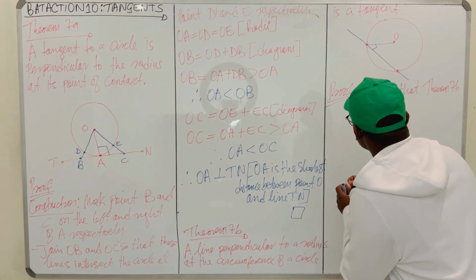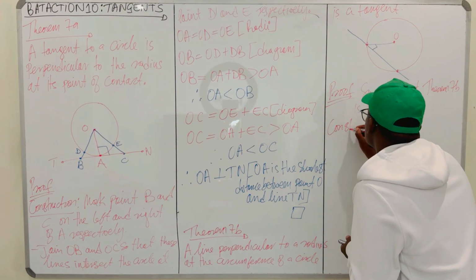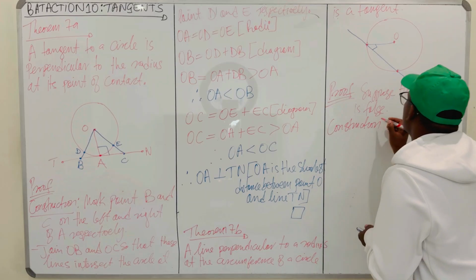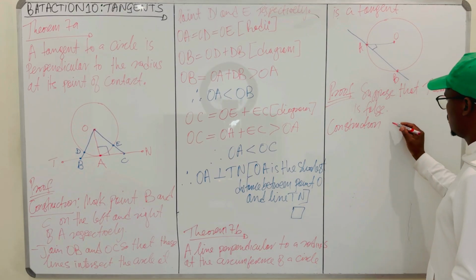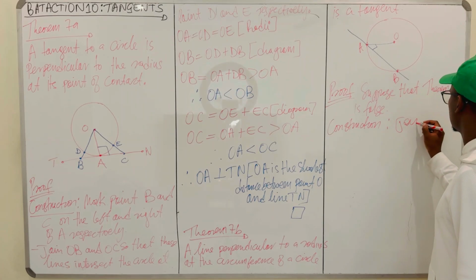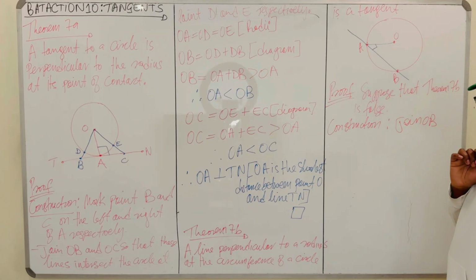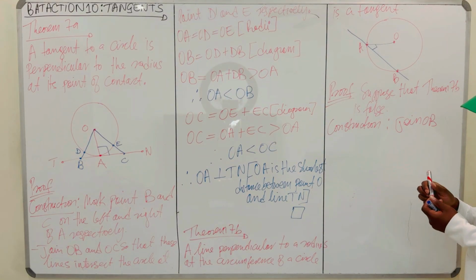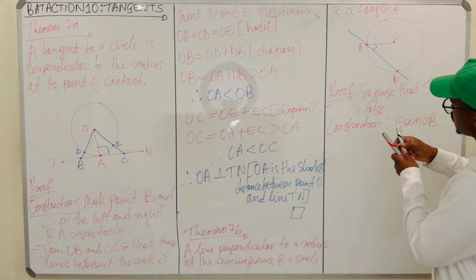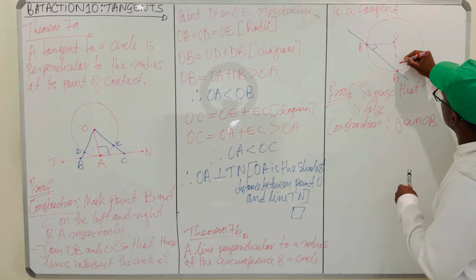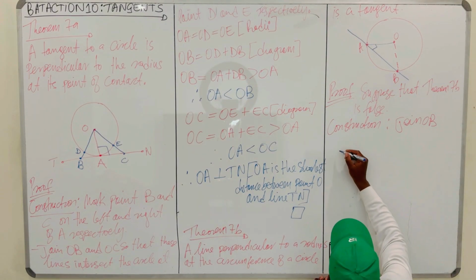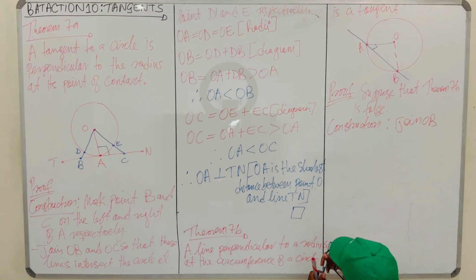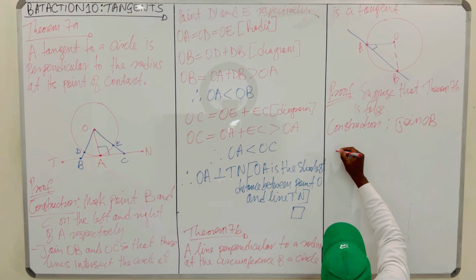Then, your construction. Let's construct here. Let's say this point is A, maybe here, and this point is what? Is B. For your construction, you're just going to join what? OB. Yes. Do you agree? Yes. So that you have a triangle. Do you agree with me? Yes. So, let's join OB. Can you see? Yes. So, in triangle AOB,